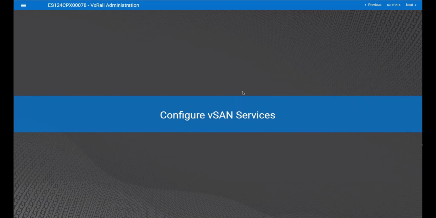So the first vSAN service that we're going to talk about are the space efficiency features available. And you have two options to choose from. First one is compression only, and second one is deduplication and compression. So before